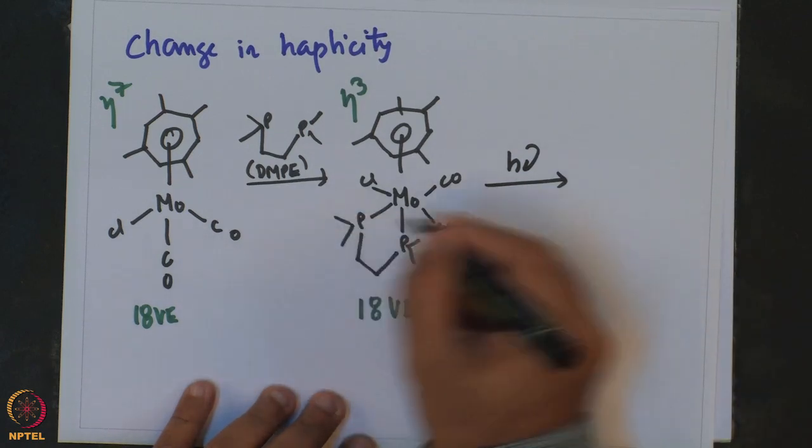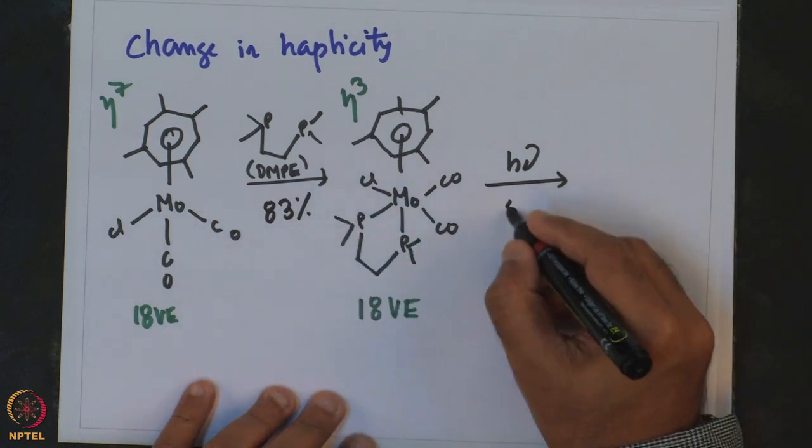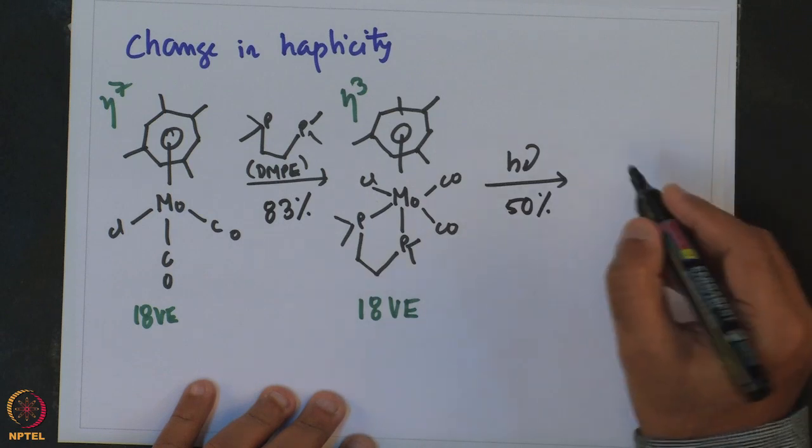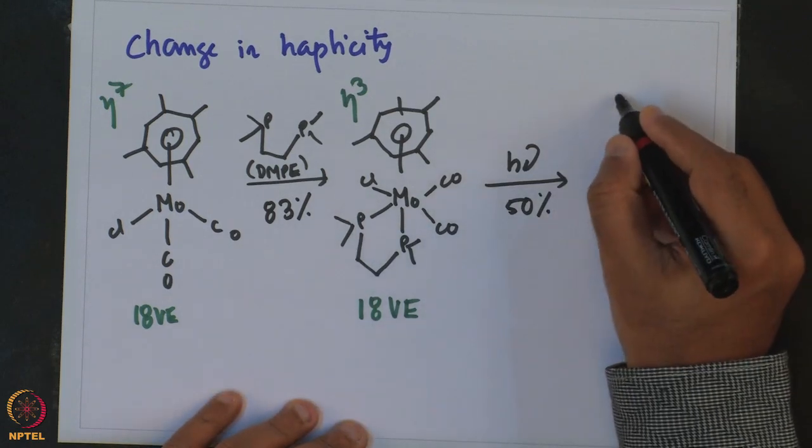This forward reaction is very high yielding, formed in 83% yield, eliminating carbon monoxide to give the eta 7 bound